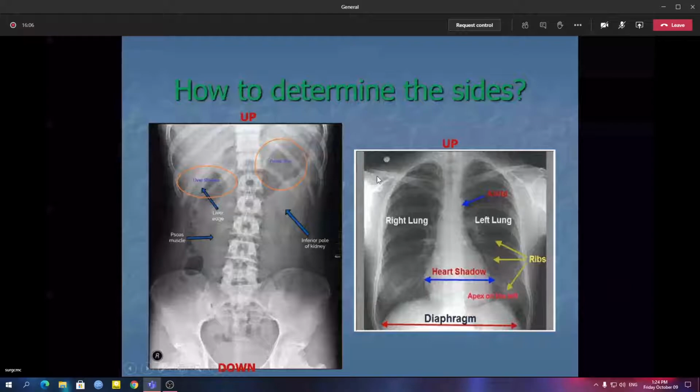Of course, with the clavicle and upper part, you can make out which part is up and down. So left and right you can make out, and you can see the ribs out here as well. And this is the aorta. Here you can see a small convexity, that's the aorta. But on an X-ray of the abdomen, it is a bit difficult. Up and down is not really a big problem because the pelvis is down, we know. But there are other things to determine.